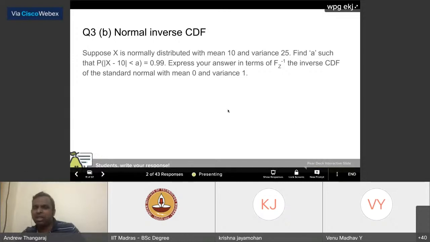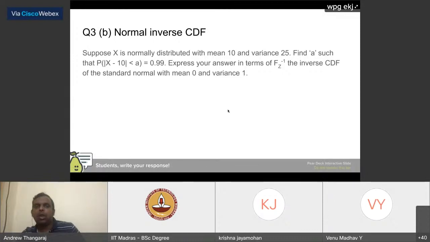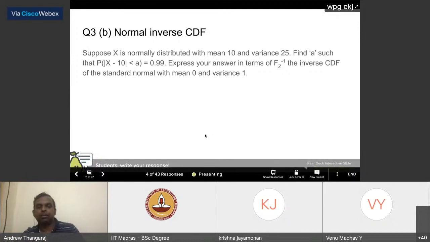Okay, so this is a little bit twisted. It's not too hard, but you may have to find out such things. It's very useful in practice quite often when you get a distribution. You have to find out what is the maximum X can deviate about 10 with 99% probability. So if you want to be within 99% probability, what range about the mean am I looking at, right? This is a textbook case of that.